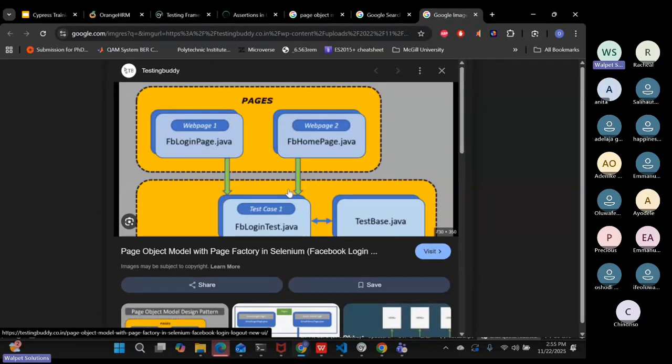All right, so let me use this to explain it. You know that when we went to the website that we are using to automate, we landed on a login page, and then when we logged in, another page opened to us, which is the dashboard page, right? So if you are working with that kind of thing,